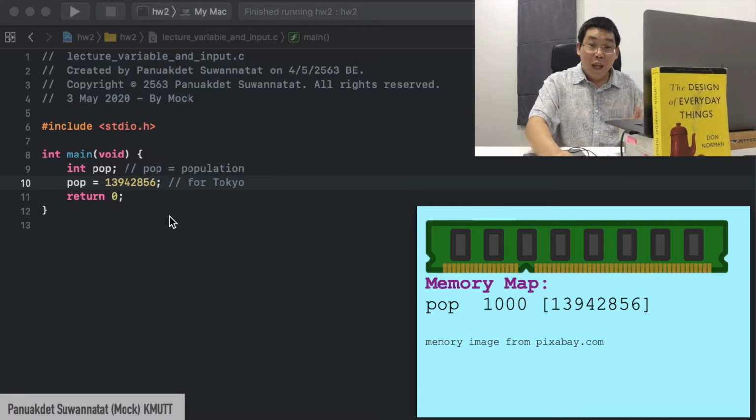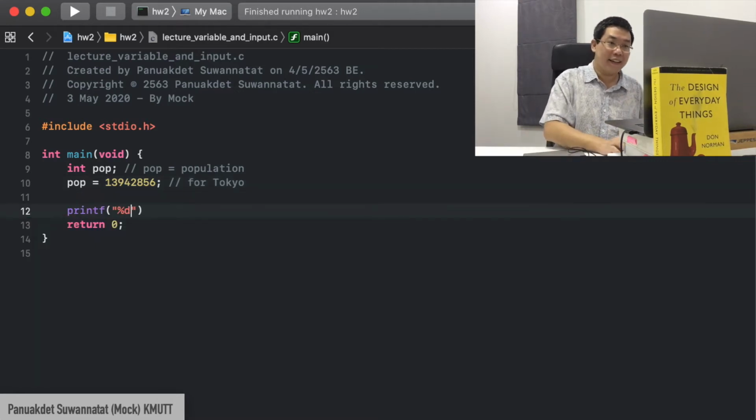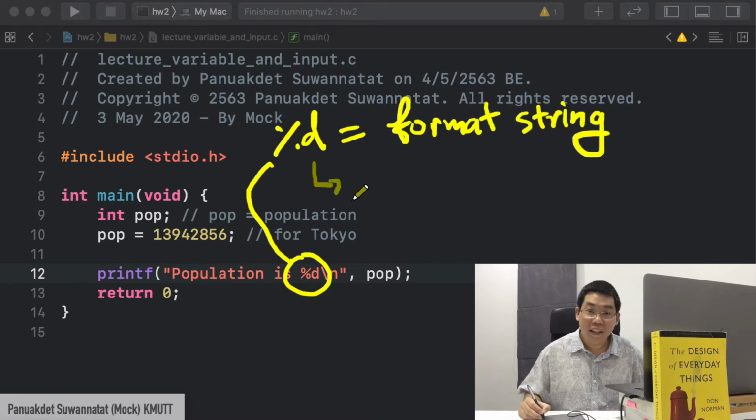Okay, we have a number variable, and now we want to print it out. We will use a printf command like this. %d here is a format string. D stands for decimal.